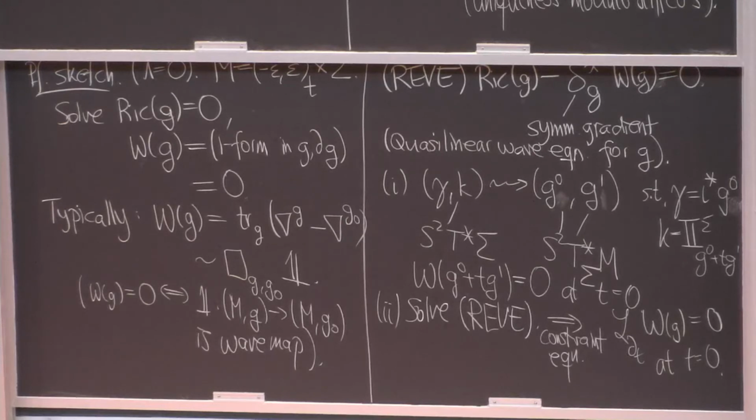All right, and the final step is then, so now you have this gauge one form W of G, and we're now going to show that not only its Cauchy data vanish, but in fact it vanishes everywhere. And so that's the last step,